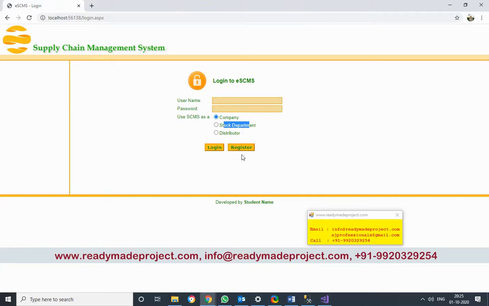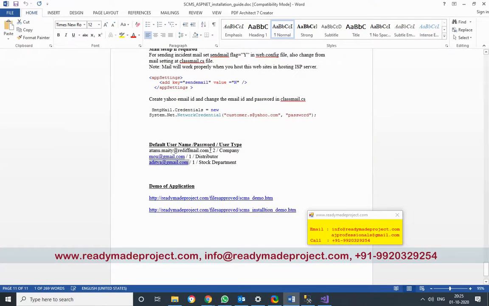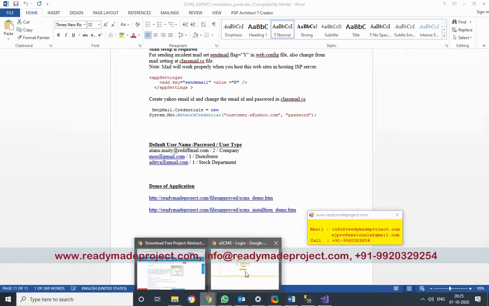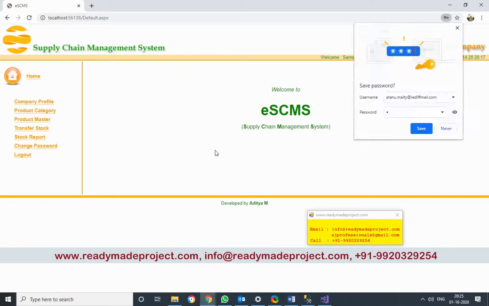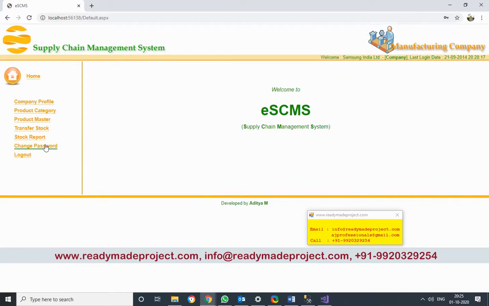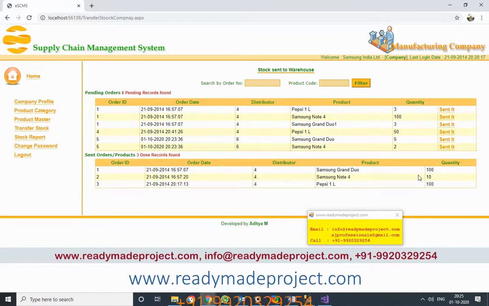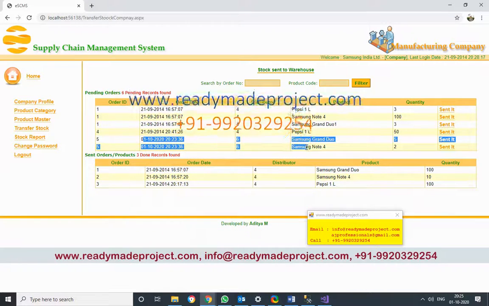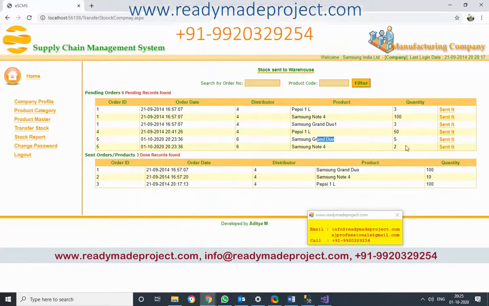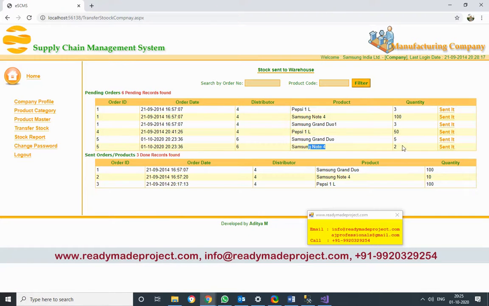Okay, so I log in as the company to check the new order. So these two orders are pending, Samsung Grand Duo 5 and Samsung Note 4 2.